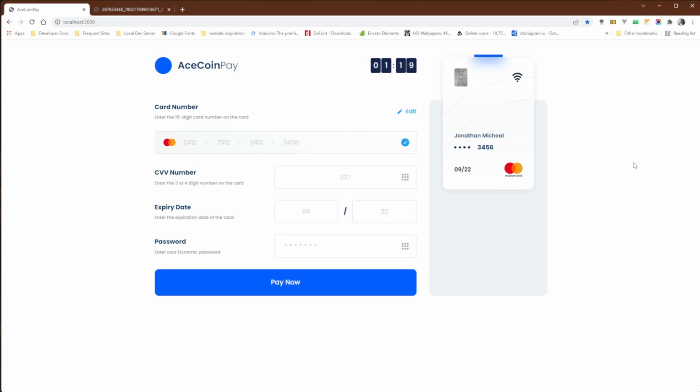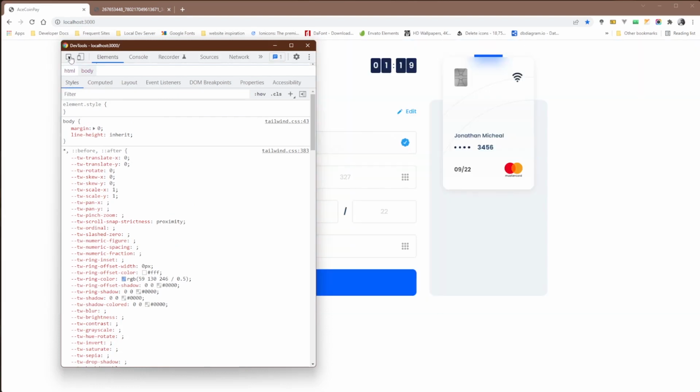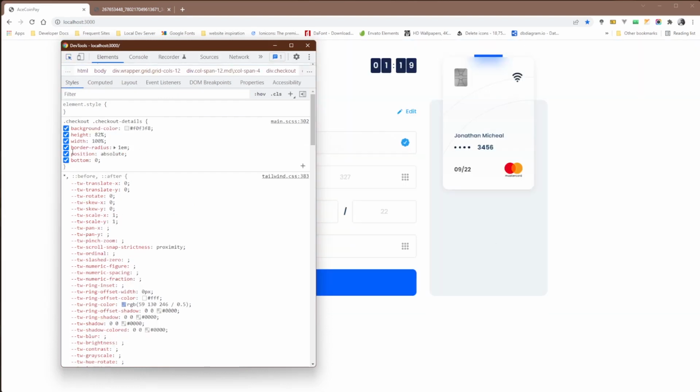Alright. So what did happen here? If we inspect the elements, we'll set position absolute, right? If we don't set bottom to 0, this thing won't actually deal with the height we want here. So we set bottom to 0 so that it will just flush to the height of the whole form. Then we set width now to